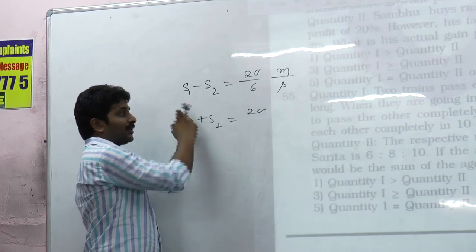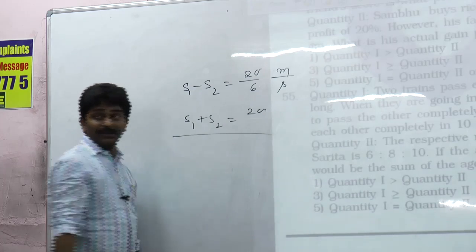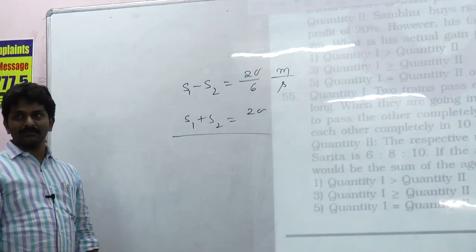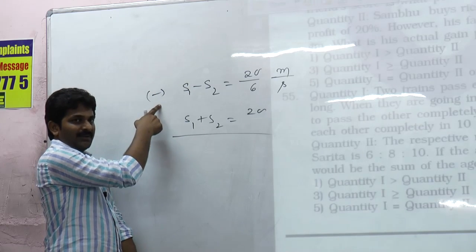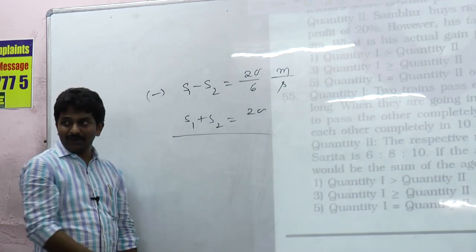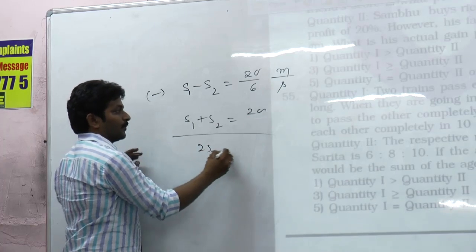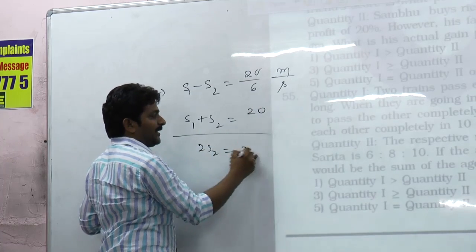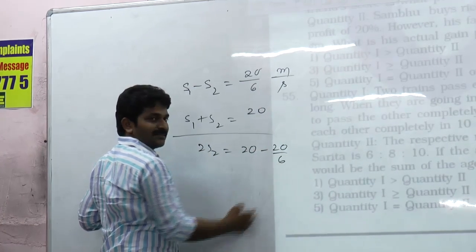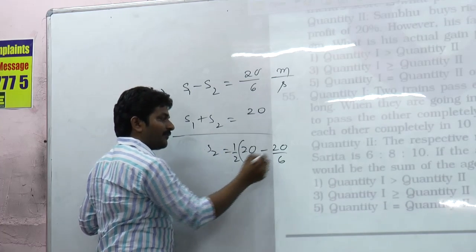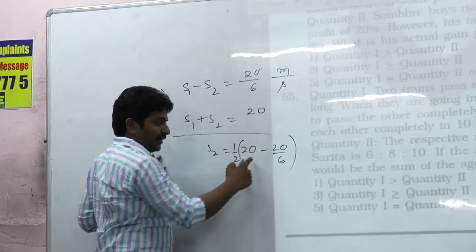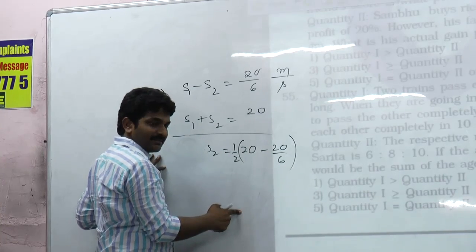You have S1 plus S2 and S1 minus S2. You are asked about the slower train speed, which is S2. How will you get S2? Subtract the first equation from the second equation, then you will get 2S2, which is 20 minus 20 by 6. S2 is equal to half of this number. This becomes 100 by 6